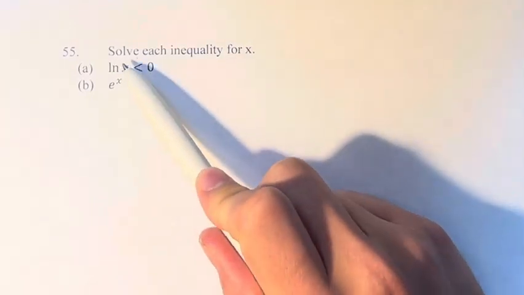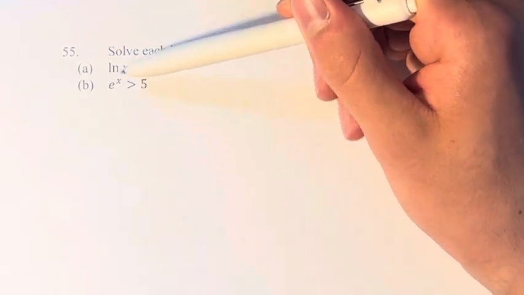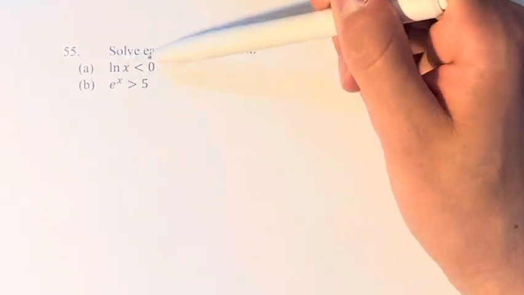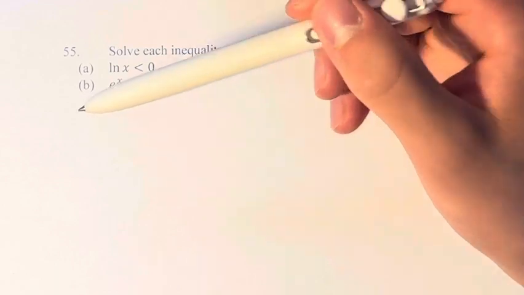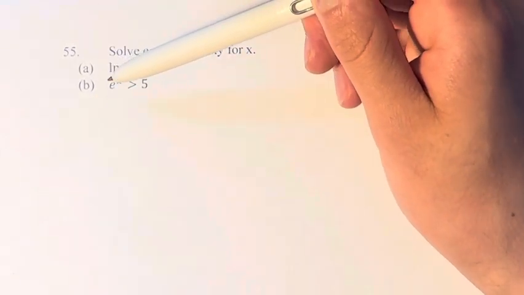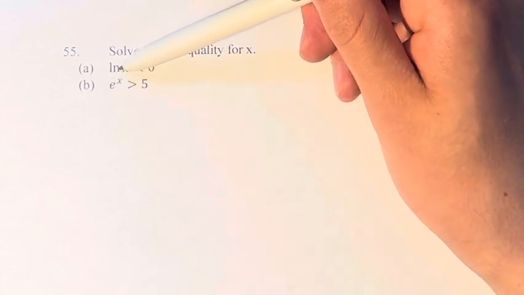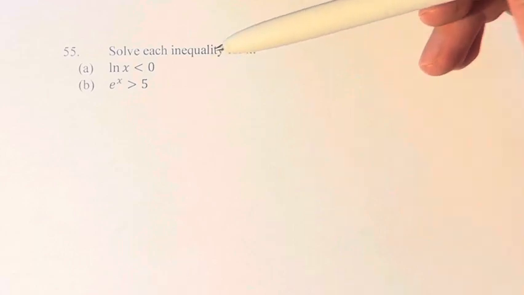In this problem, we're asked to solve each inequality for x, and we have some exponential and logarithmic functions here, and they're within inequalities. So in order to solve these inequalities, we're going to have to be converting exponentials to logarithms and vice versa. And since we're going to be moving things around from, let's say, the base of the logarithm over to the base of the exponent, and things are going to be switching sides, it might not be